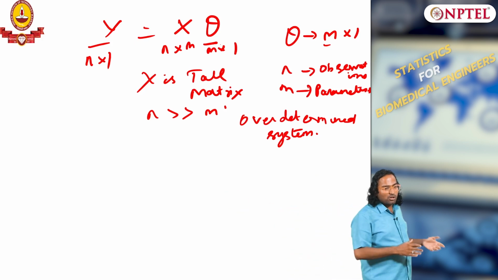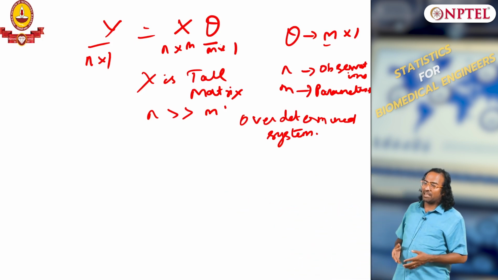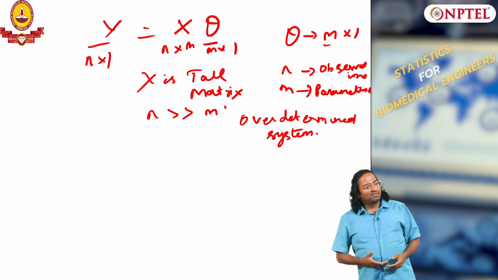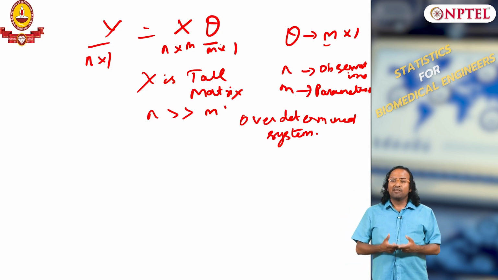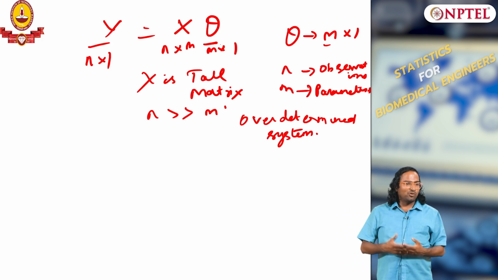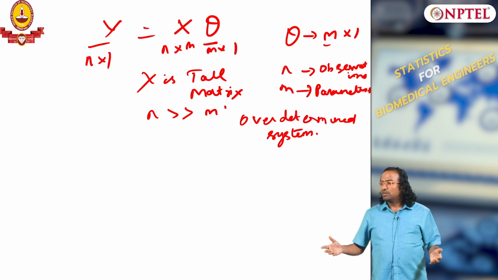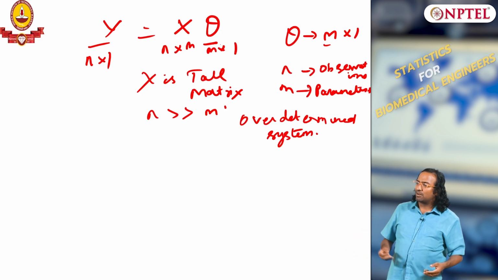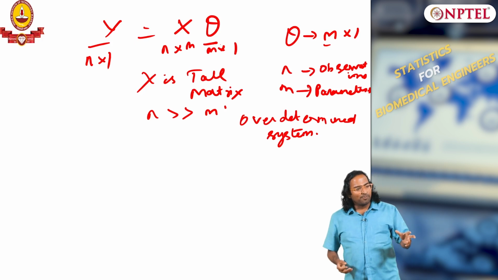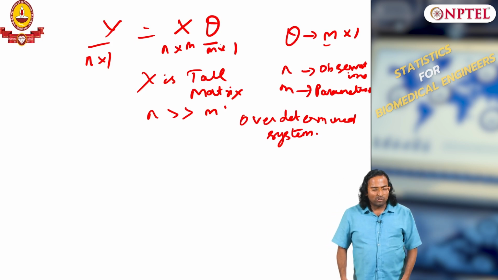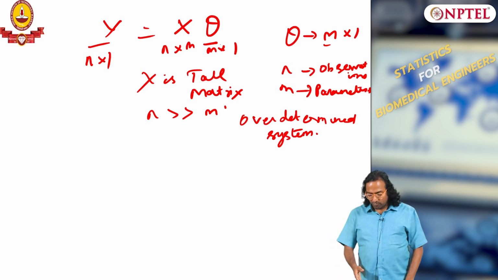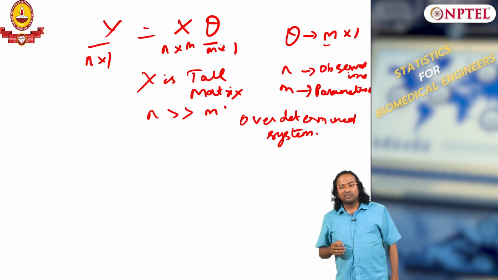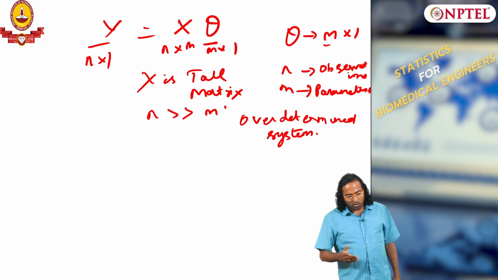We are talking about the opposite case where n is much greater than m, and this is also true in biomedical engineering where you fit models to explain efficacy, etc. There is data I can collect from surveys and I want to know whether the drug is efficient or not. So too few parameters, too many observations, that is also possible in biomedical. So we are talking about the n greater than m instance. So how do we solve it?